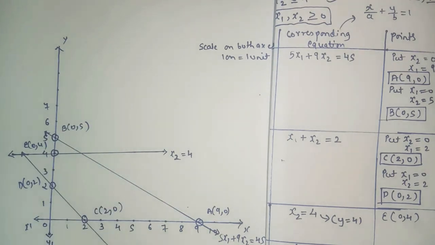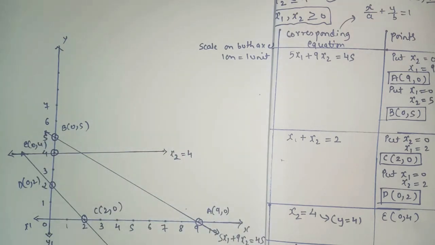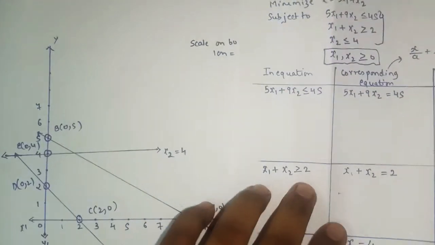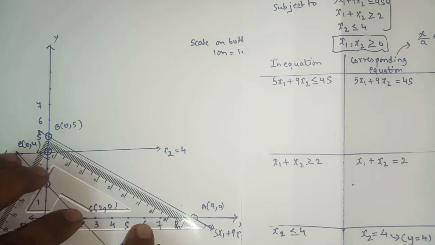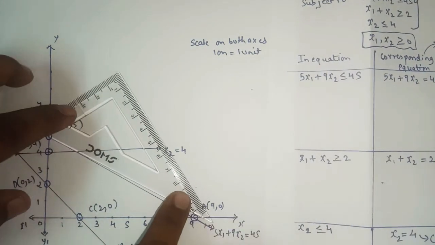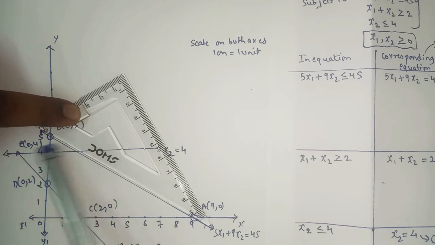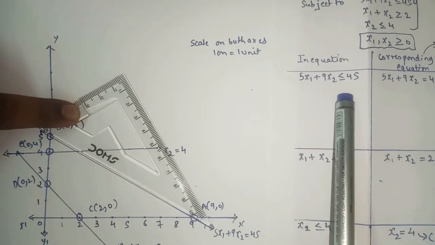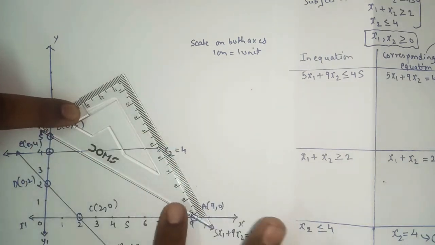So now we have to check where the feasible region will come. Either it will come inside, outside, or this region. As for this question, here we have less than as well as greater than symbol. So now we'll check. For the first equation, we'll take the help of the scale to draw the feasible region. As for the first equation, it was less than equal to. Less than equal to means what? For the first line, the shaded portion will come inside. As per the rule, less than equal to means the shaded portion will come inside this region. Yes or no? Okay.